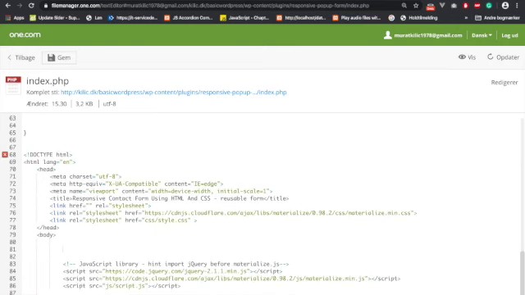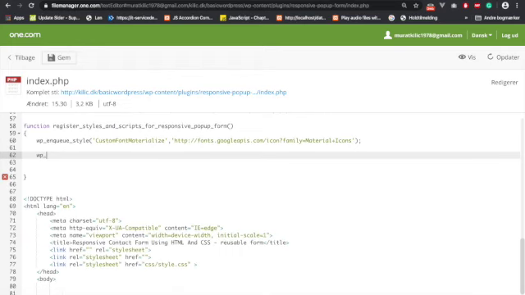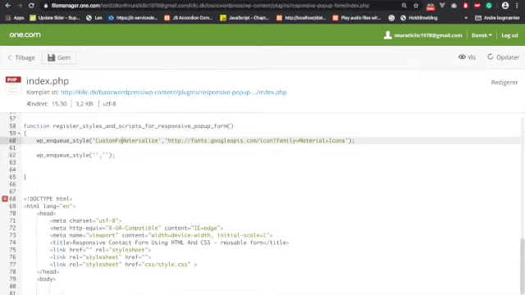Next, I will now link to this CSS file. Again, copy this URL. Let's try to do it again. Cut it out, go back and now write again wp_enqueue_style, because it's a style sheet. A parenthesis, begin end, and a semicolon, and inside we need two parameters, comma, and again two single quotation marks. Okay, sorry. So the first one is not a font, but this is some icons. I will name this custom materialize